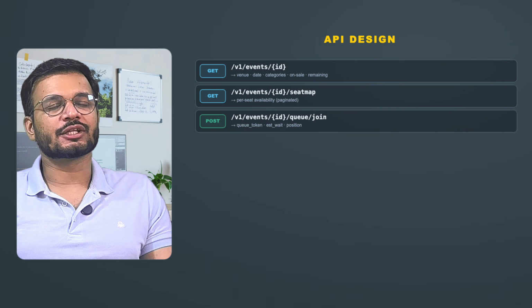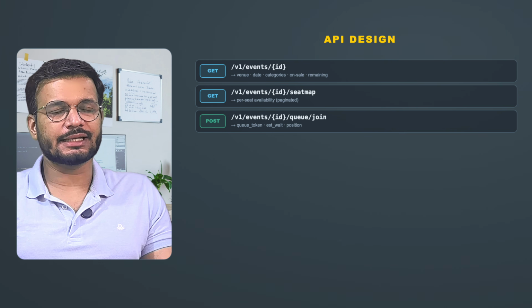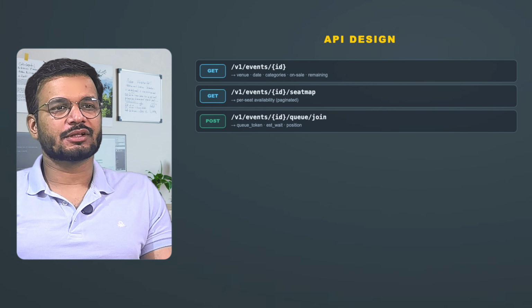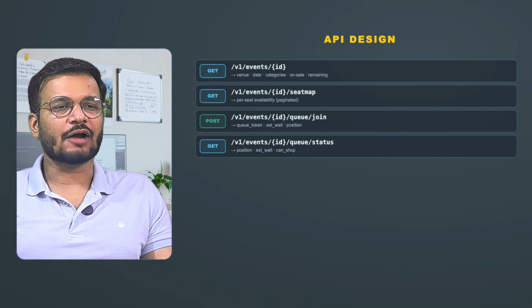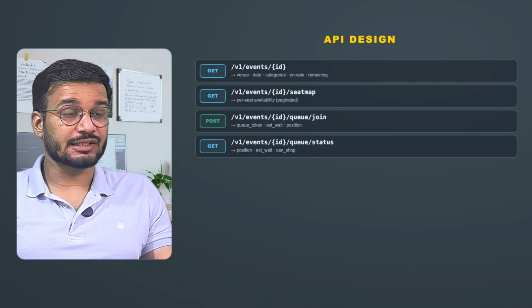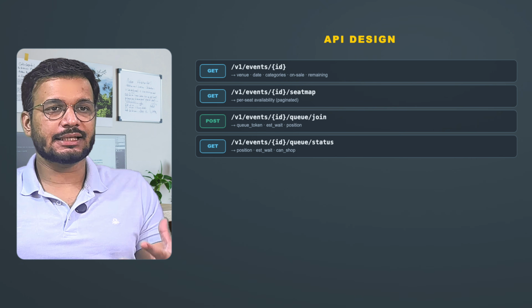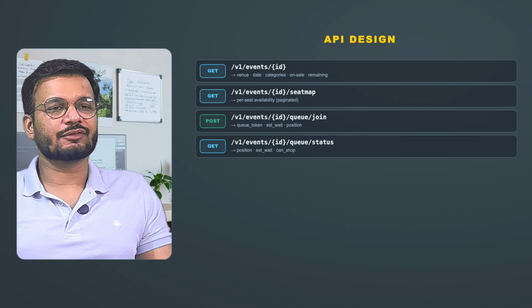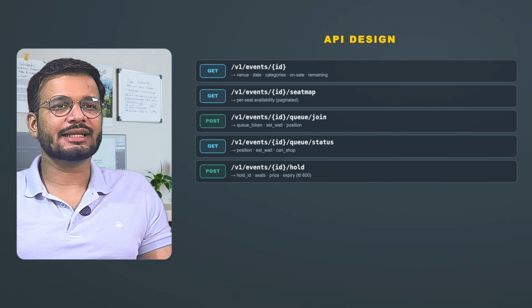Then we have the join queue. If we are having people in the waiting room and they want to join, this will be the API V1, events, event_id, queue, join, and then the user ID and the event ID. This will return the queue token, estimated wait time, and position in the queue. After that, there will be check queue position. What is the position of the person in the queue? So we can have V1, events, event ID, queue, and status. It will have an authorization bearer token that will be used for authentication. It returns current position, estimated wait, and can shop and catch shop.